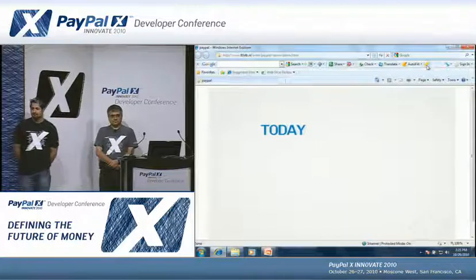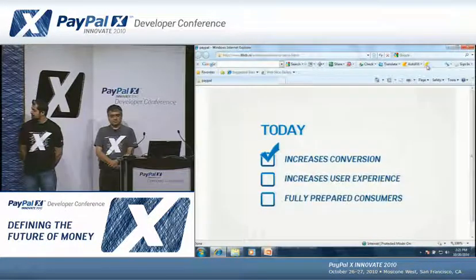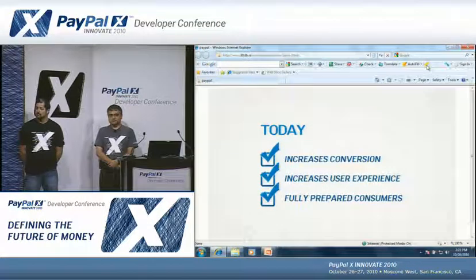So what does that exactly mean for the consumer? An integrated account creation process causes less dropout and increases conversion. Users remain in the Marktplaats flow, improving user experience and customer satisfaction. Users are now prepared for their first transaction on Marktplaats, and PayPal will be their preferred payment of choice.